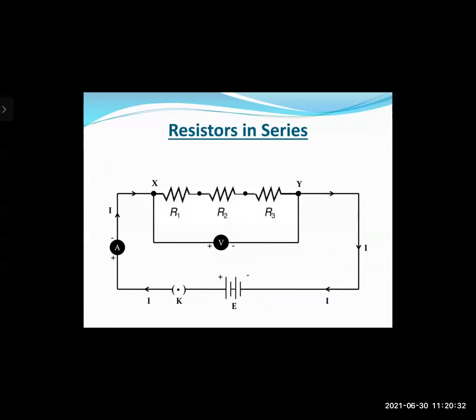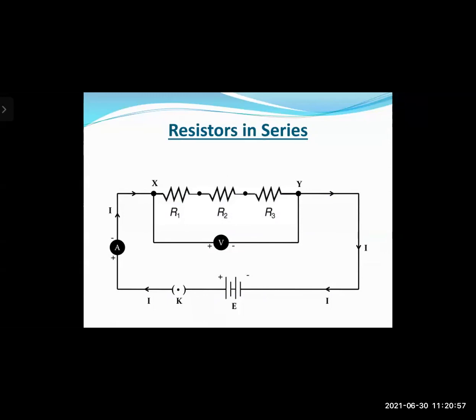this is a typical circuit diagram. A circuit diagram represents the way in which the different appliances or components are connected in a circuit. Right at the bottom, we have the power supply, that is E. On the left hand side, you have a plug key, which is used to switch the circuit on or off. Then you have the ammeter shown by the symbol A.